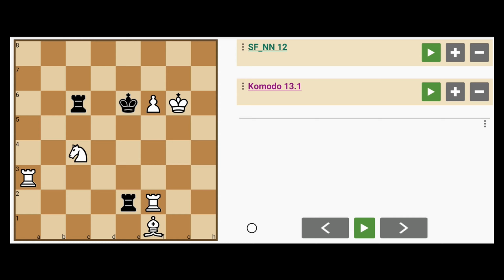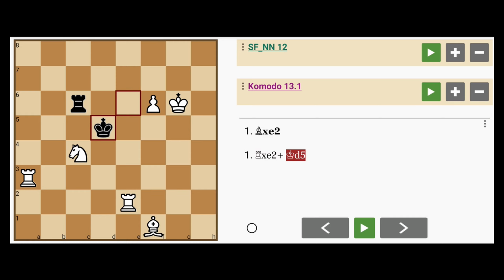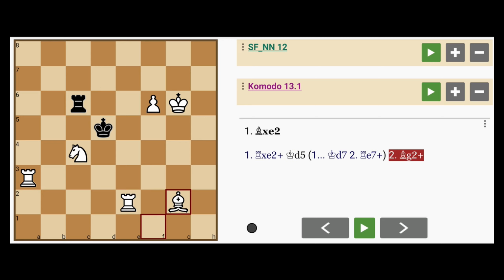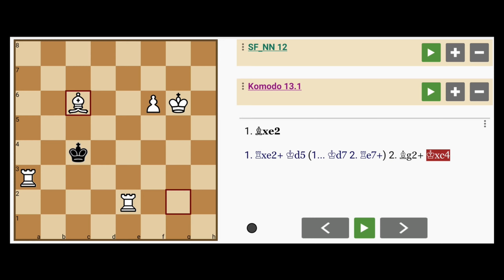So what should white do here? Maybe bishop captures rook, simultaneously defending the knight on c4, or rook captures rook with check, gaining a tempo so black can't capture the knight. Black might respond with king to d5, because king to d7 would be subject to rook to e7, losing more quickly, followed by bishop to g2 check, skewering the king, king captures knight, bishop captures rook, and mate will follow